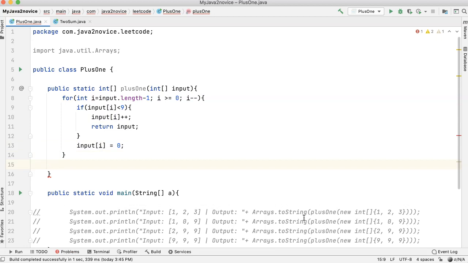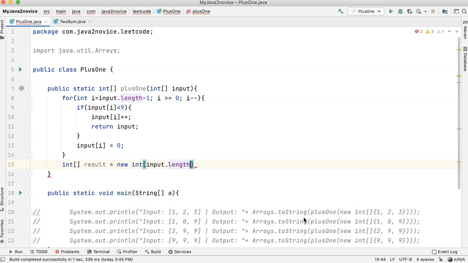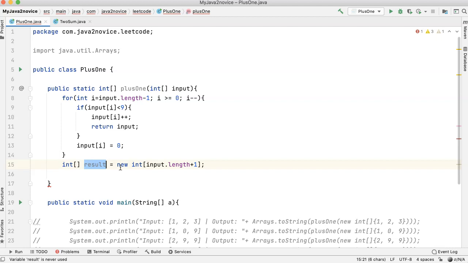We are done with iterating over the array. If we still didn't return, it means the array contains all 9s. So we need to create a new array. By default, this array is filled with all zeros. Change the index 0 value to 1 and return it back.